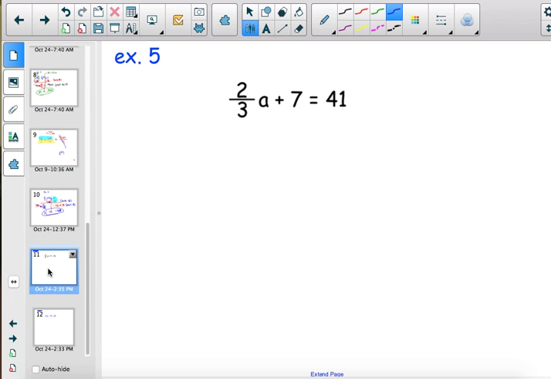This dumb decimal is fashion. What are we gonna do with it? 2/3 of what equals